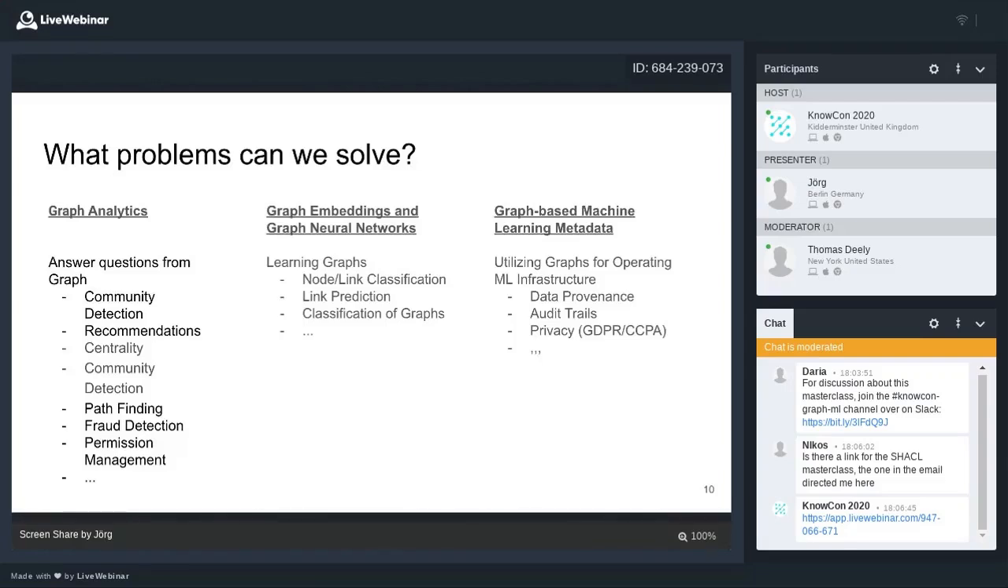The second part is focused on, as mentioned, learning graph structure itself. Here we often deal with node or link classification. Imagine we have a link and we have a large graph of consumers, and we try to identify the most